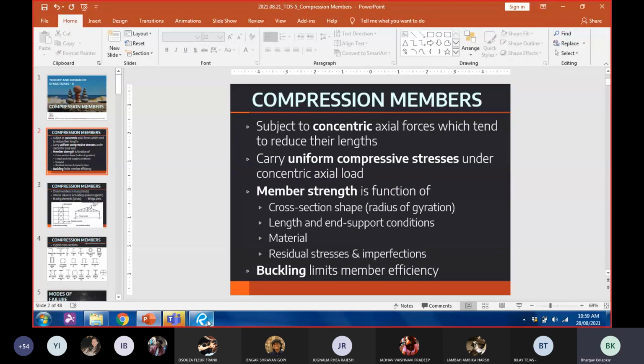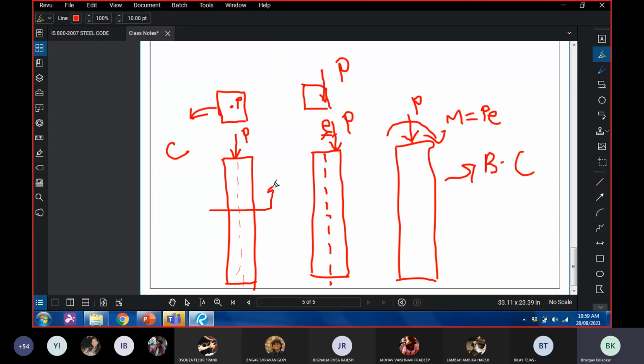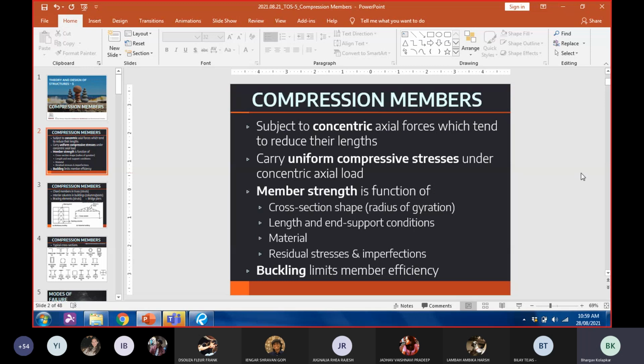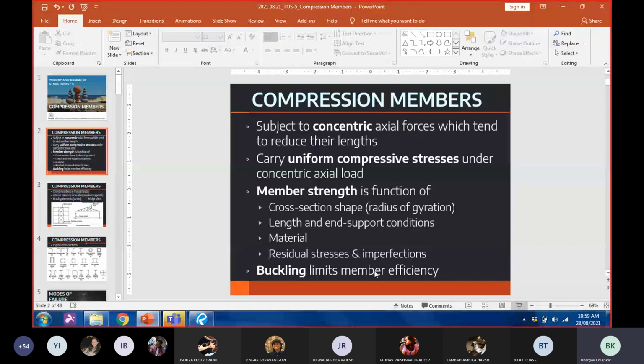Since it is under uniform compression, if we cut any section here, that section is going to be under uniform stress. Let's represent it by Fc, which is the stress in compression. This is equal to P by A. Stress is equal to force upon area. Simple. So we can expect all the parts of a compression member to be under uniform compressive stress. Now, in a tension member,